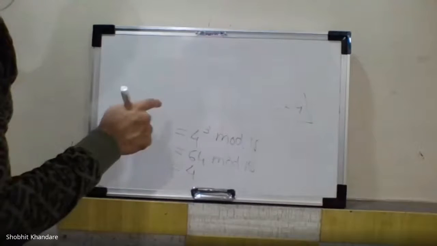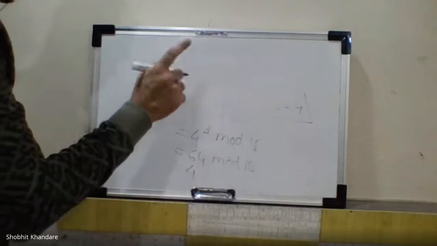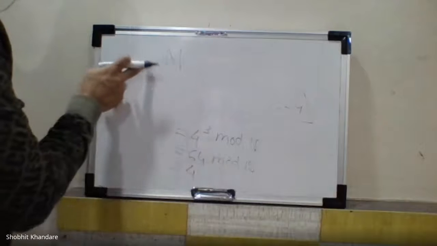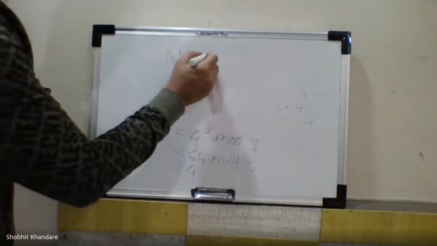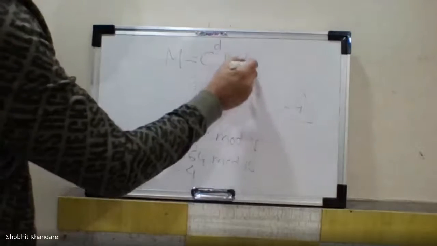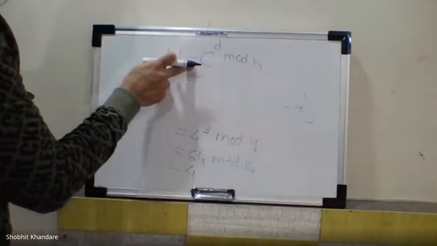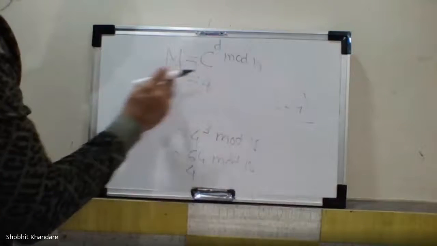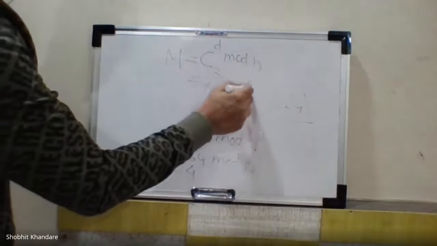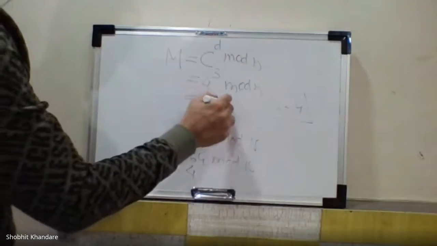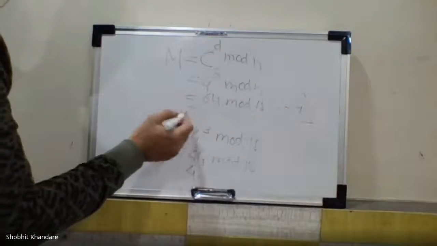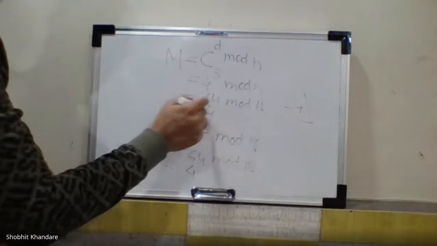At the decryption process, write down: capital M, the recovered plain text, equals capital C to the power of D mod N. Capital C is what? It is 4. So 4 to the power of D, and the D value is also 3, mod of N. Can I say it is the same? Mod of 15, and it comes to be the same answer, that is 4.